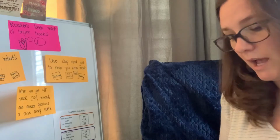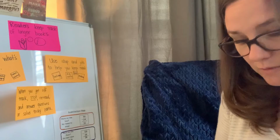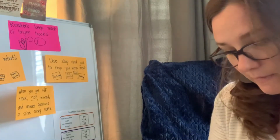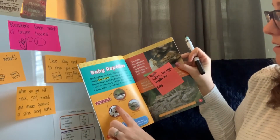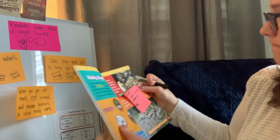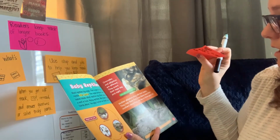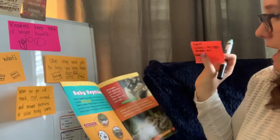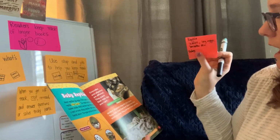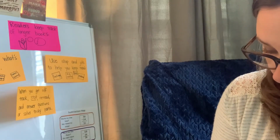And then when I turn the page, I see the next heading about babies. So I'm just going to write down baby. They talk about laying eggs. They show the life cycle. I think the most important part that the writer wanted us to know is that they have a life cycle. They lay eggs. And the parents stay with their babies. Life cycle,